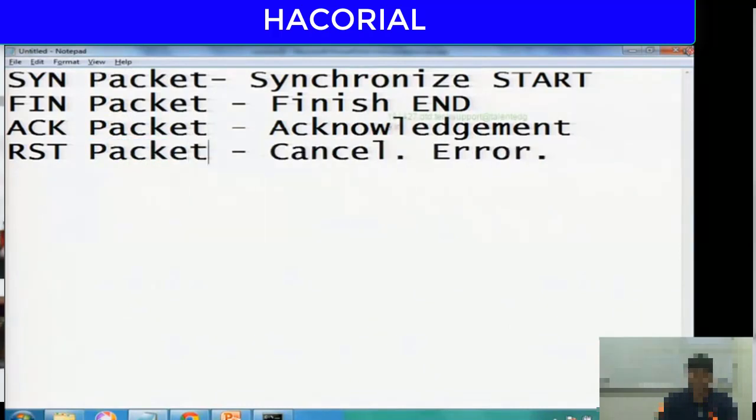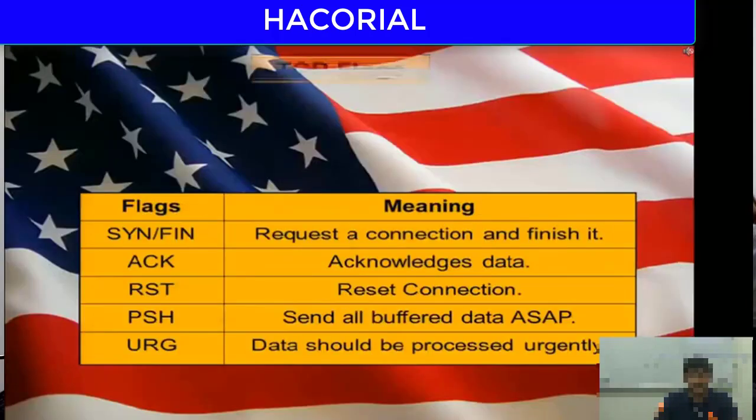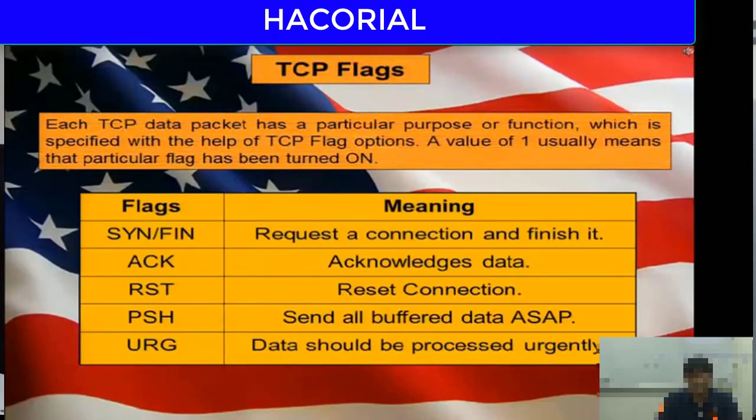And finally, if I want to reset or cancel my connection because of an error, I will send you an RST packet. So depending on what kind of packets I'm sending you, there is a different purpose or significance. Now that you understand the various flags, let us better understand how connections get established